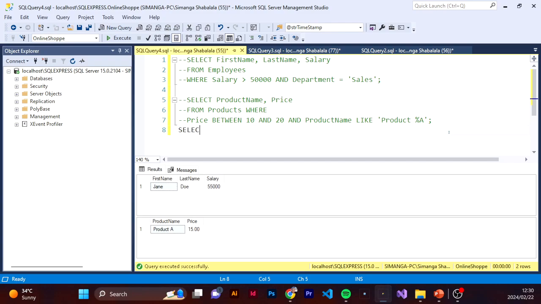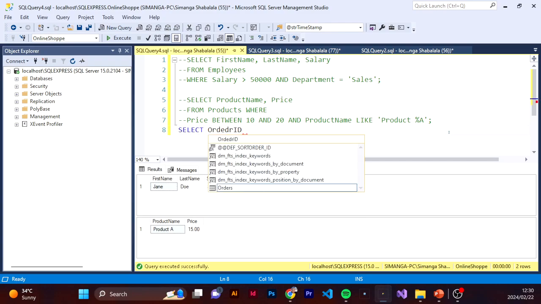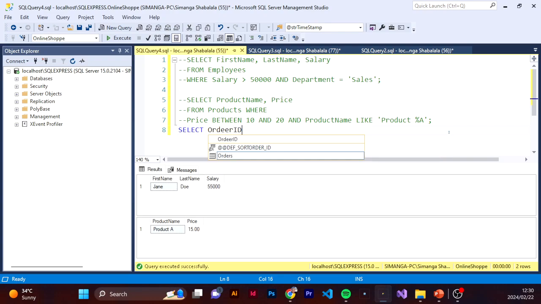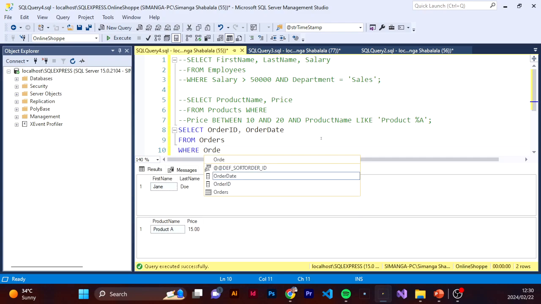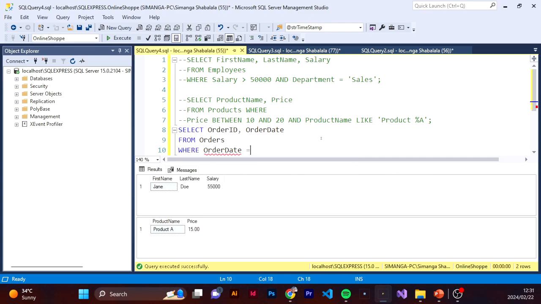Now we can say select order ID, the spelling of order, and then of course order date, and then from the orders table, and then where the order date is greater or equal to, actually I think it's the other way around like this. Then we can put our date